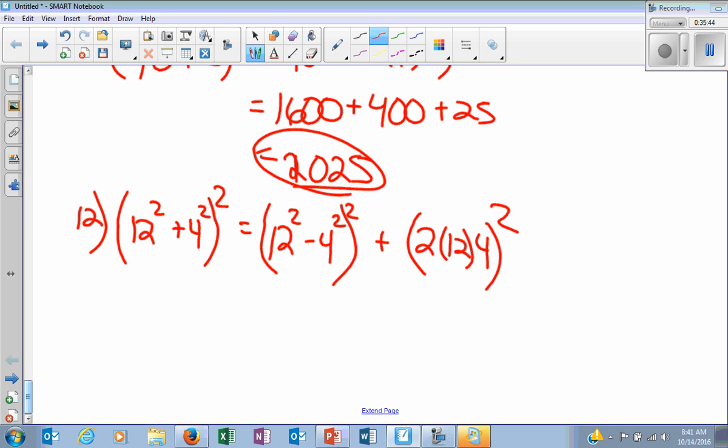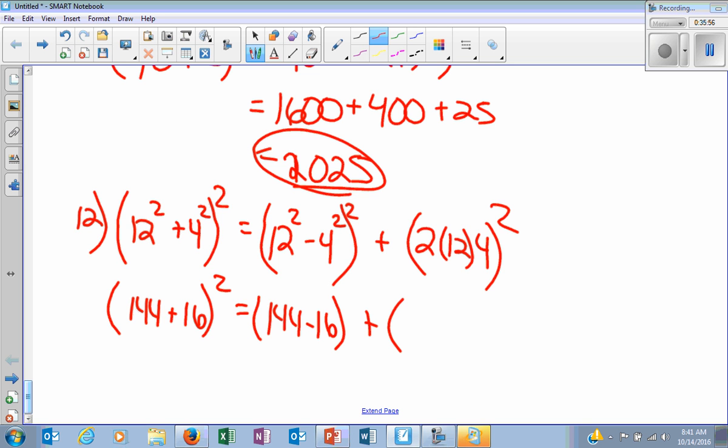So then when I just did this, you got 144 plus 16 squared. 144 minus 16 plus this became what? 8. What is that? Anyone have that? You guys can do it? 96. Then we had